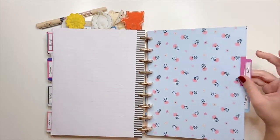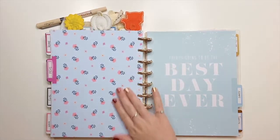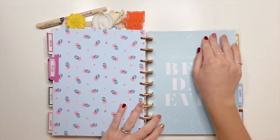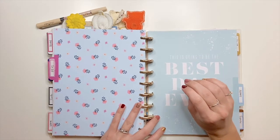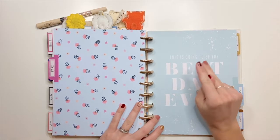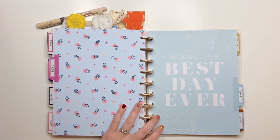Then I have a pets section, which doesn't have anything in it yet, but I plan on putting some vet info for our pets, and, I don't know, their birthdays at a glance, the kinds of food they all eat, and where I order it from, because that is becoming surprisingly difficult